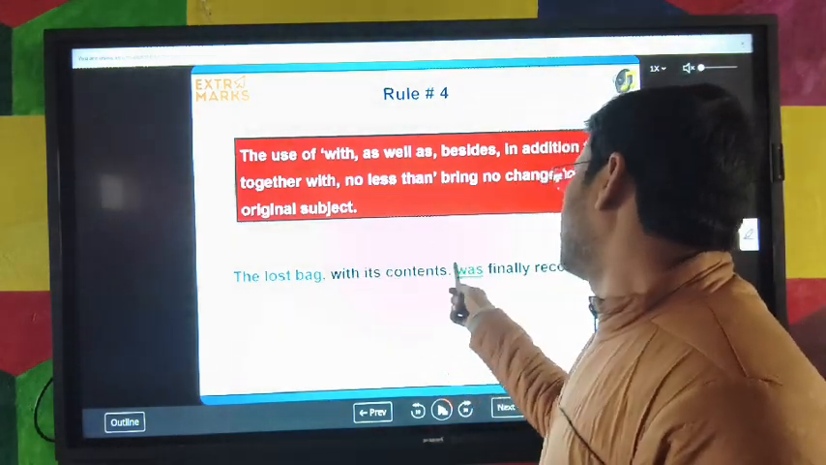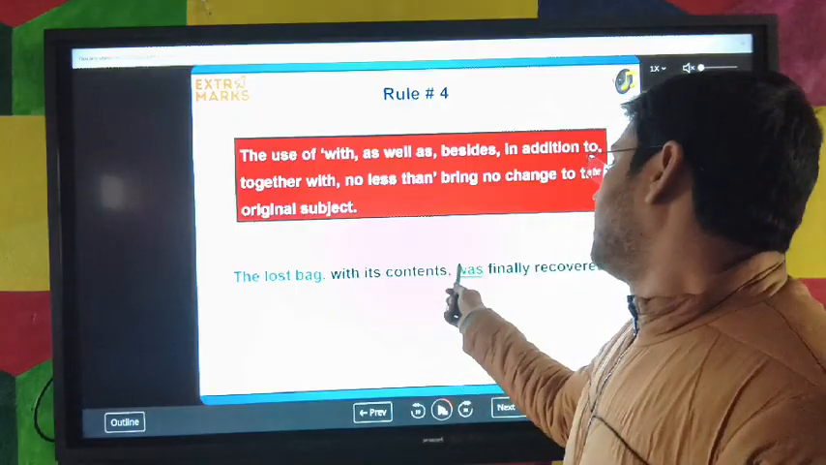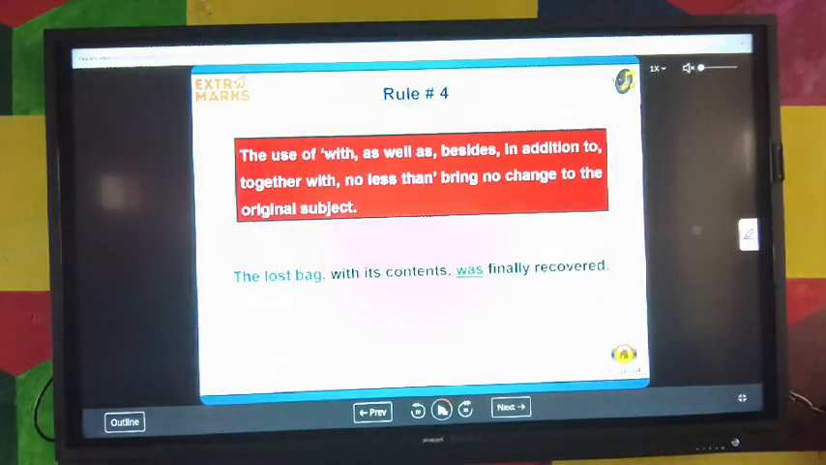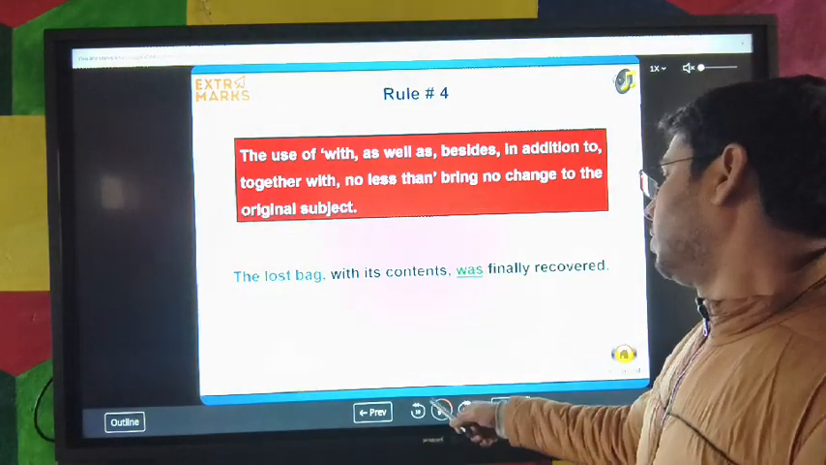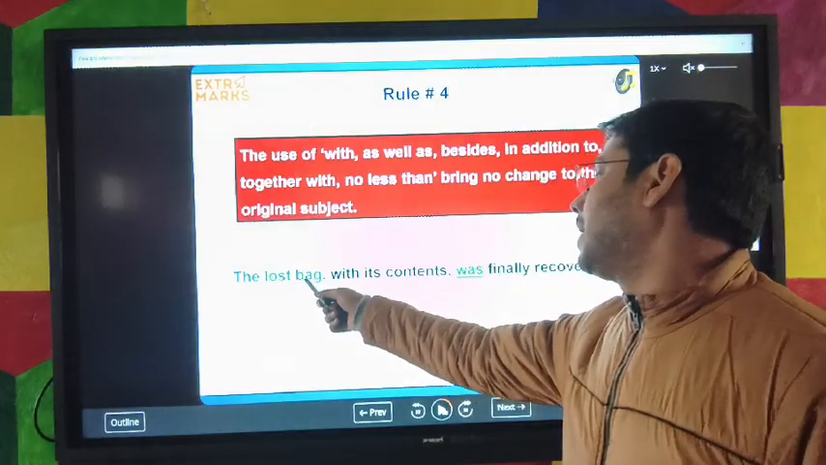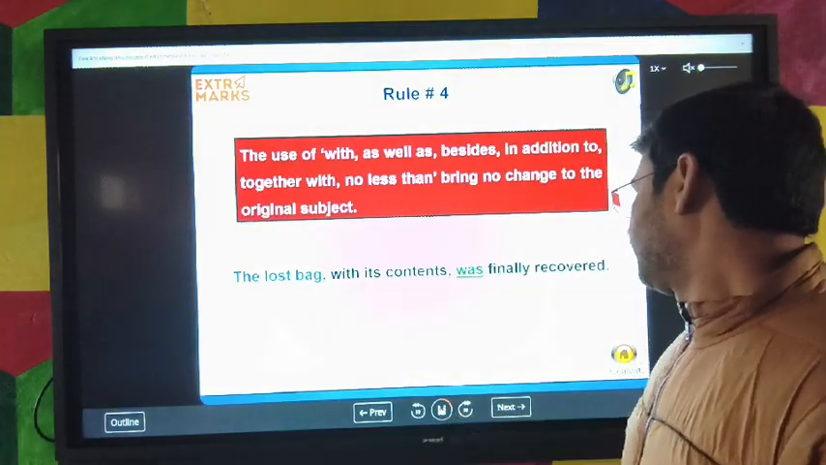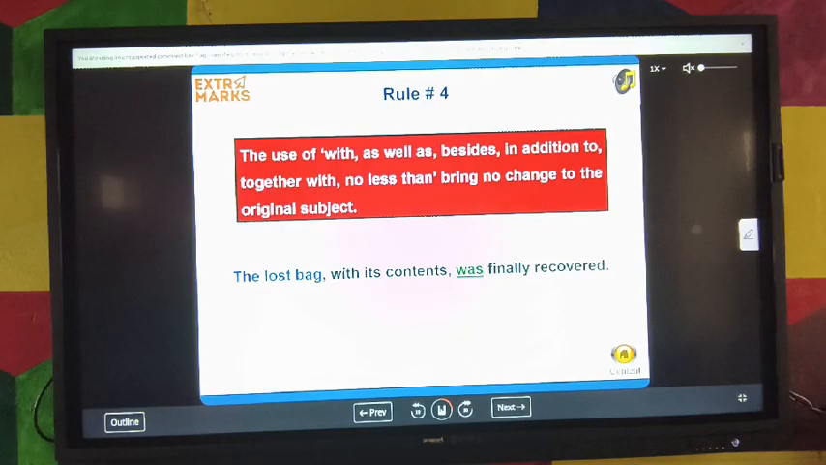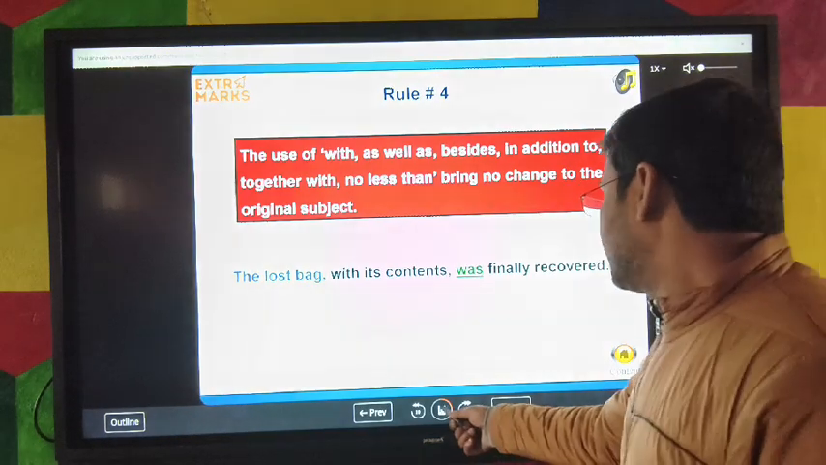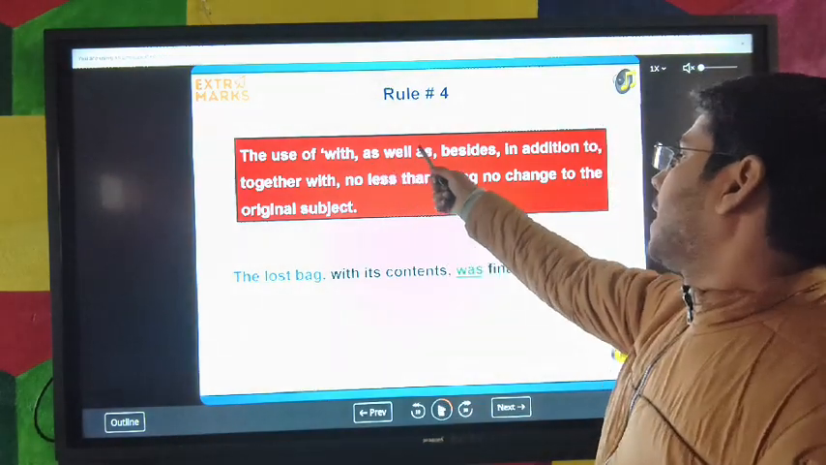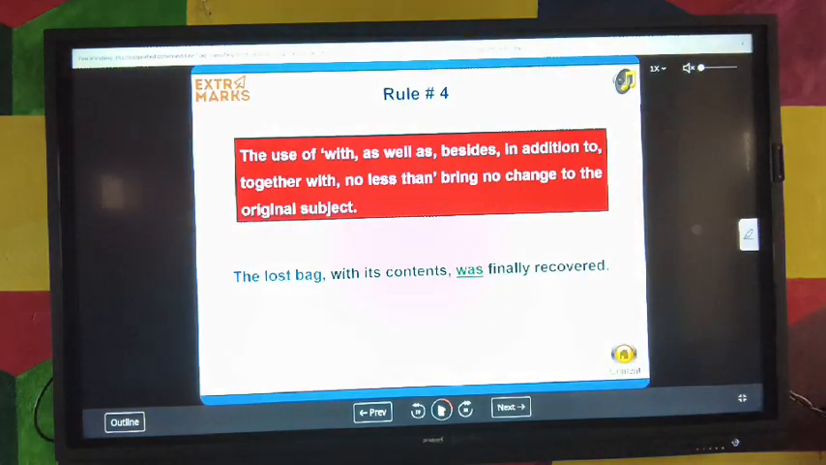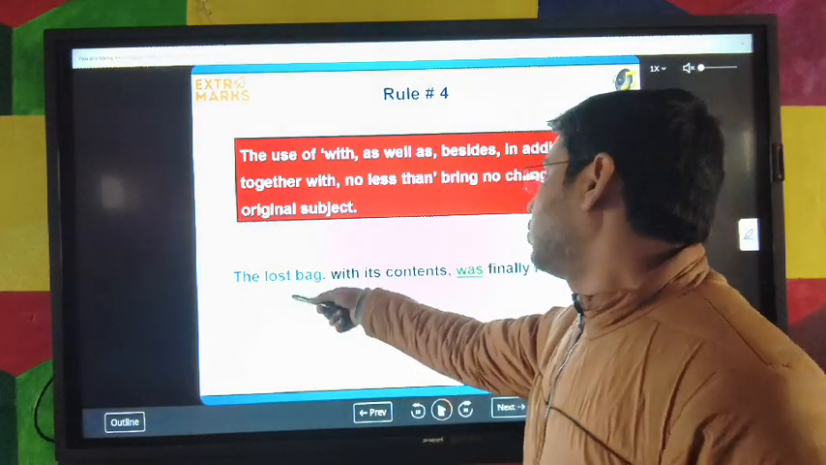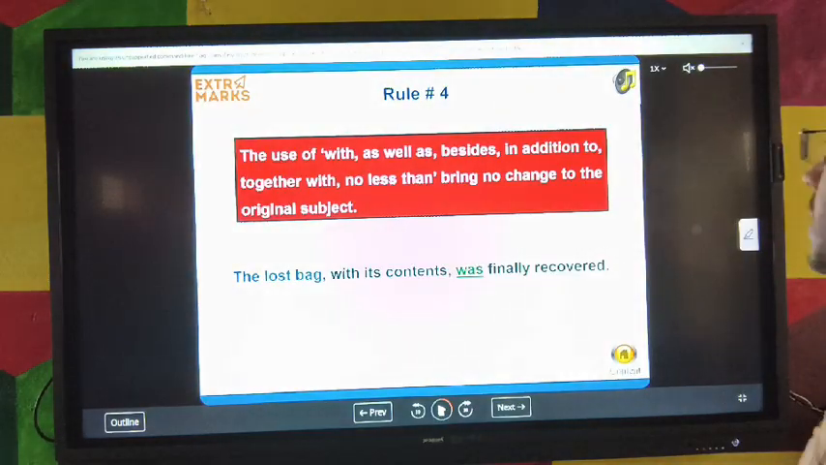Here something has been mentioned for the lost bag. So we will use the singular verb, and our subject will be the bag, the lost bag. So if in the sentence with, as well as, besides, in addition to, together with, no less than are used, then there will be no change in the original subject. Whatever the original subject is, we will have to use the verb